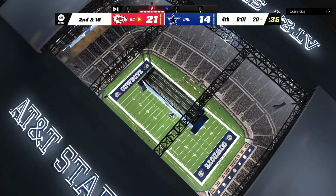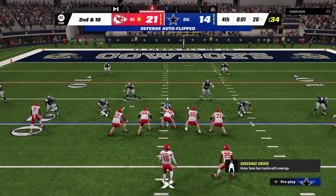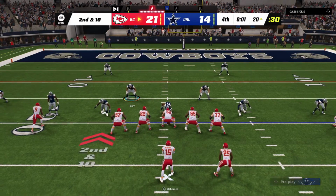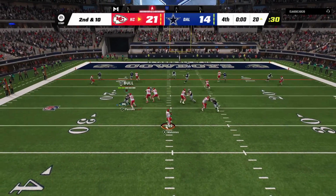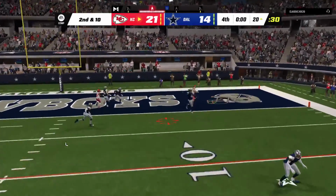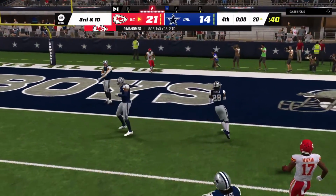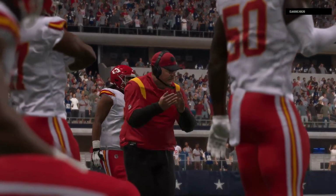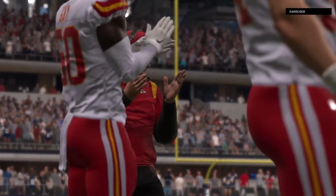Partner, for once in my life, I'll be succinct. In a one-possession game, every single stop like that could be a difference maker. To throw is Mahomes. Toward the end zone, but that's going to wind up incomplete. So this one in the win column for Kansas City, and it was a bit of